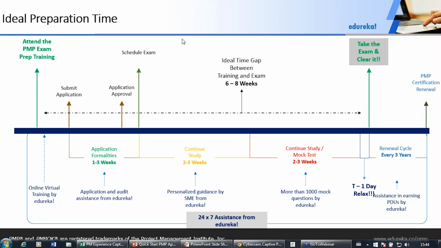And if you are devoting 2 hours every day, then probably in 6 to 8 weeks time, you will be ready for the examination. So this is the plan you have to make in advance, and accordingly you book your examination slot. And make sure when you're going for the PMP examination, the momentum of studies is very, very high. Some people make a mistake. What they do is, okay, today is 21st July. I have blocked my examination date for 30th September, because I am going to study and prepare till 15th September,